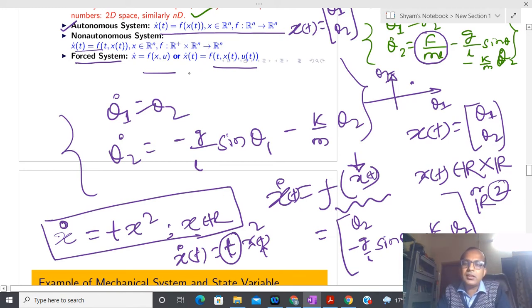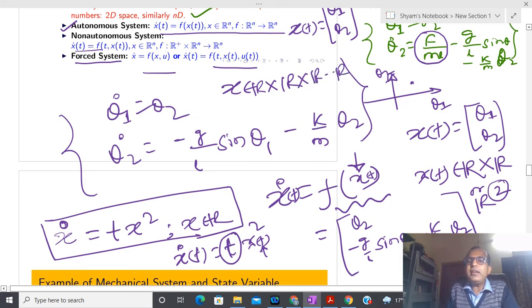Anyone has confusion on this? So I have just three different categories: autonomous system, where control is not present; non-autonomous system, where again control is not present, but on the right-hand side of the differential equation the function f is explicitly depending on time. Okay, and I have given you the example. Now you can see again here I am saying x belongs to R^n. It means that in this non-autonomous system, in general, I have n state variables. Either you can write x belongs to R Cartesian product R up to R, that is exactly fine. So I have n-tuples of real numbers.